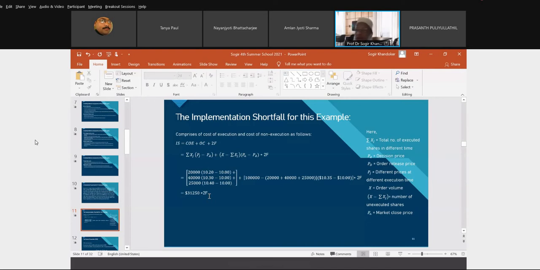Here, summation of xj is the total number of executed shares at different times. PD is the decision price, P naught is the order release price. I think I mentioned it earlier. The cost of execution is due to two factors: investment related cost